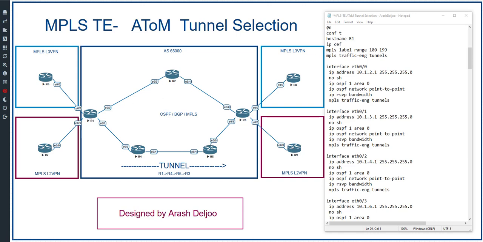In router 1, we have the host name R1, it is correct, and then we can enable MPLS label range 100 to 199, it's okay. Then MPLS traffic engineering tunnels. It's okay. After that, about the interface Ethernet 0/0, we have the IP addressing. It's 10.1.21.1/24 and no shutdown. It's okay. IP OSPF 1 area 0, okay. IP OSPF network point-to-point, and after that